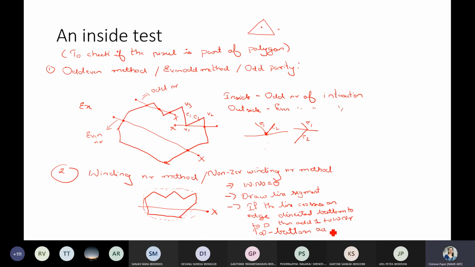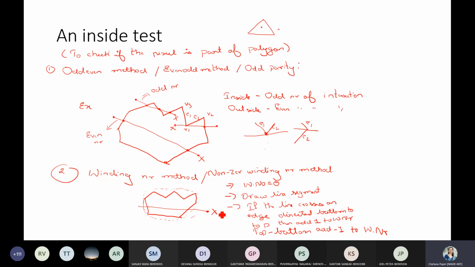you are going to add minus 1 to your winding number. So what we are doing here, initially we are initializing our count, the winding number, to 0. Then you are going to draw a line segment from your questioning point